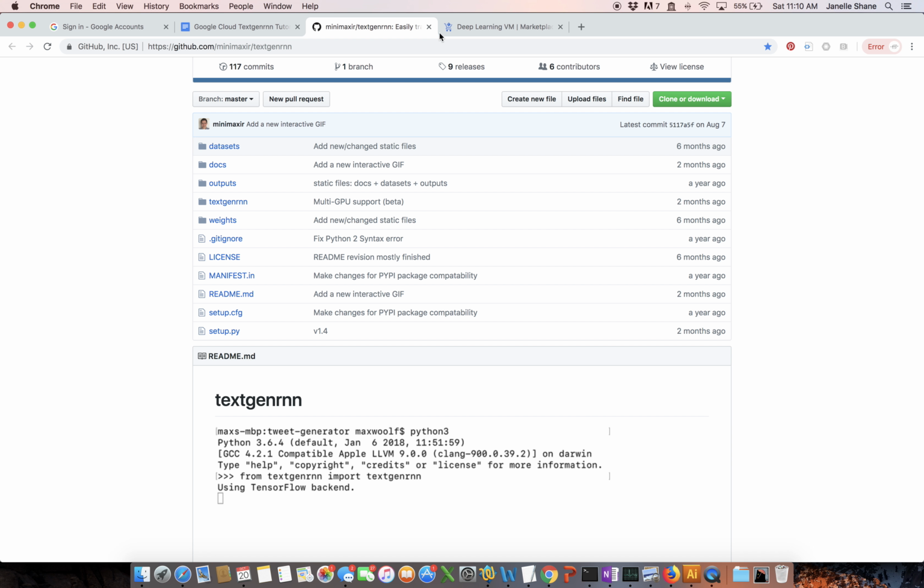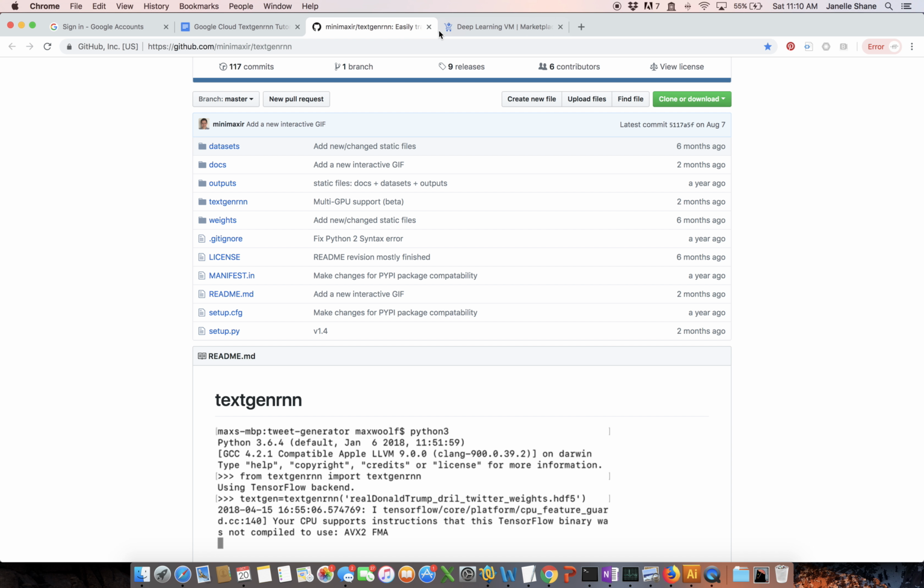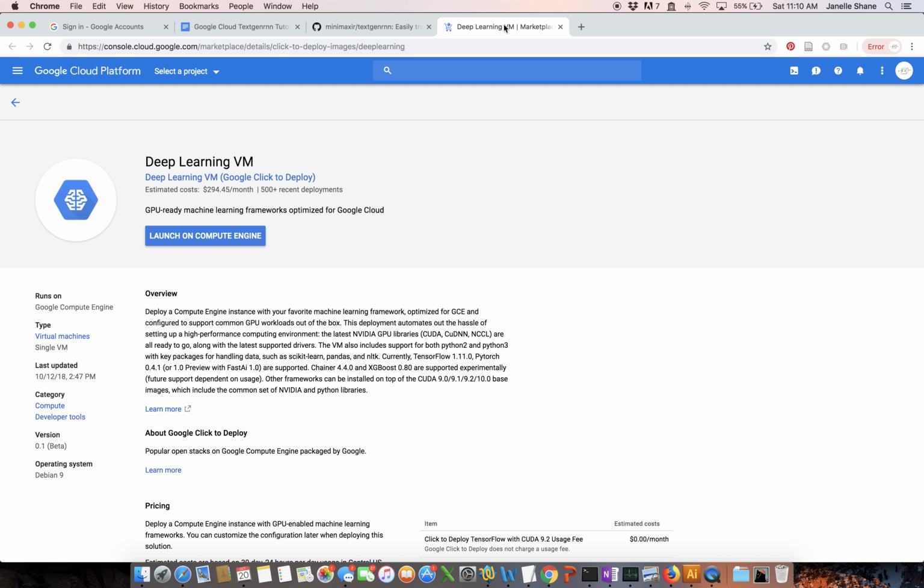So this is the neural net. TextGenRNN is the neural net, and the Deep Learning Marketplace on Google Cloud Platform is the actual computer that will be running this. So it shouldn't matter what kind of computer you yourself have, as long as you can connect to Google's